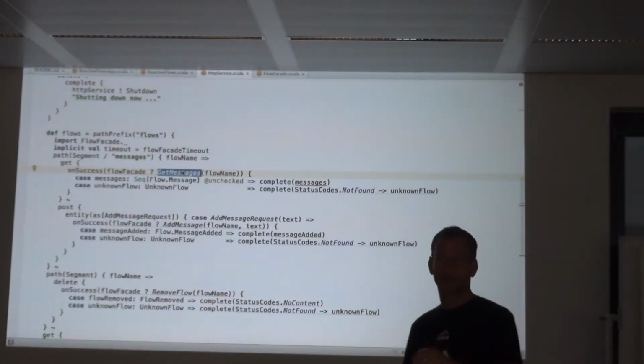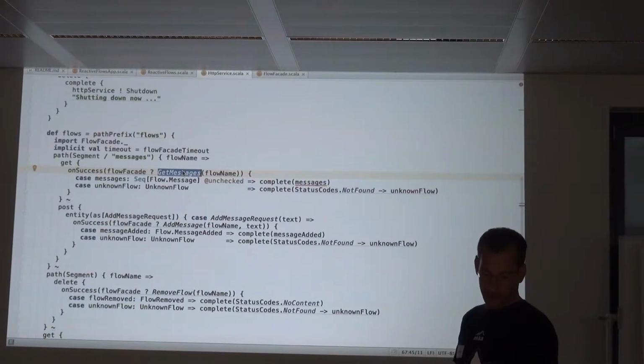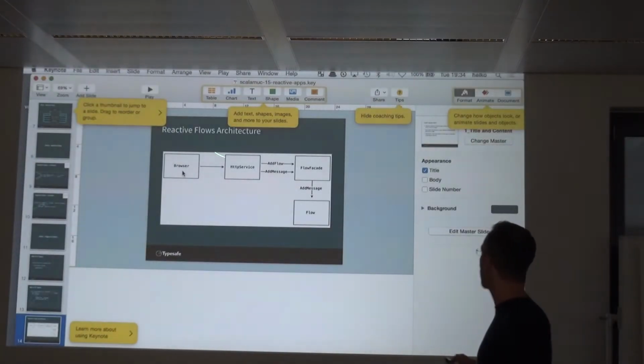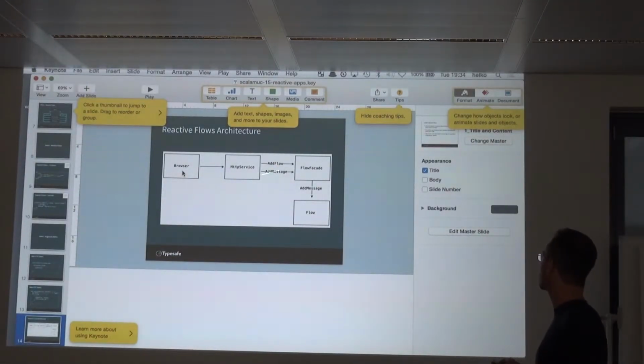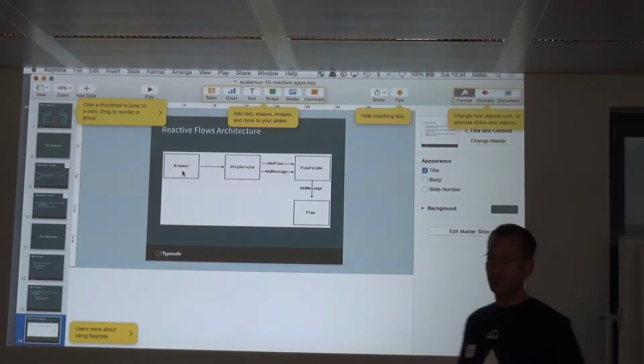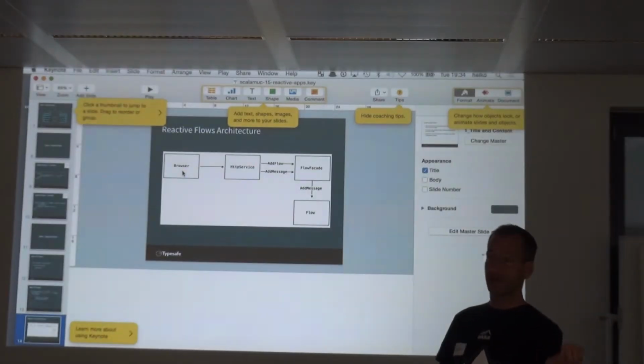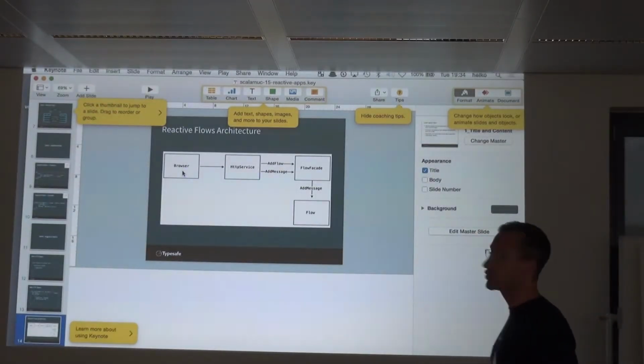So that happens asynchronously. So the get messages, or in this case, the add message, goes to the flow facade. The flow facade will check, oh, does the flow exist? And if yes, sends add message to the flow.